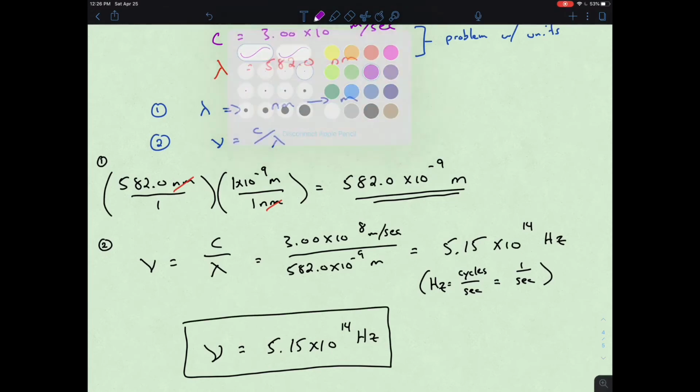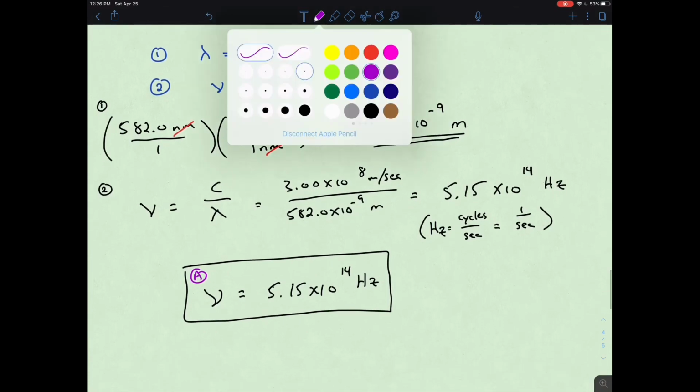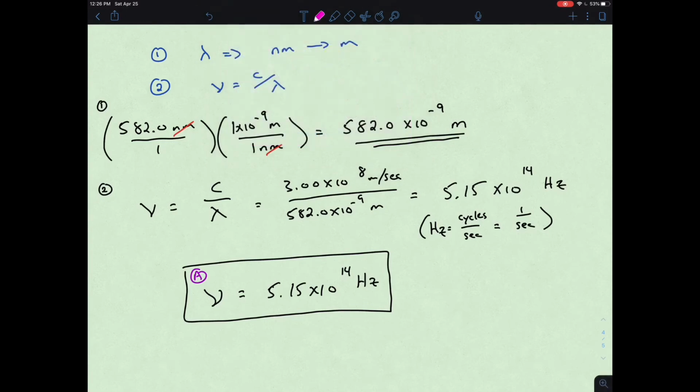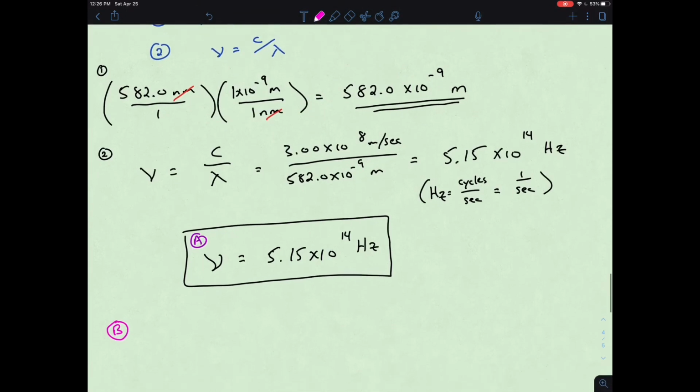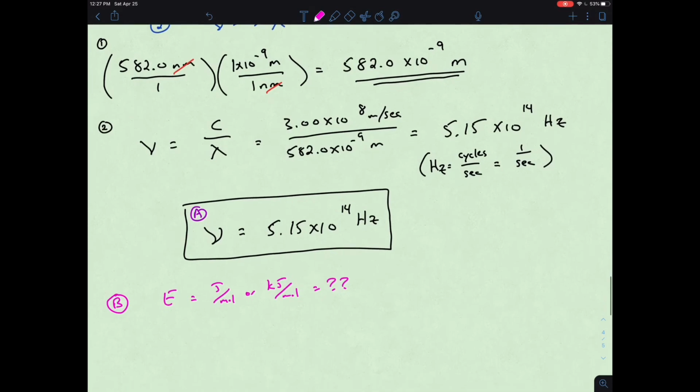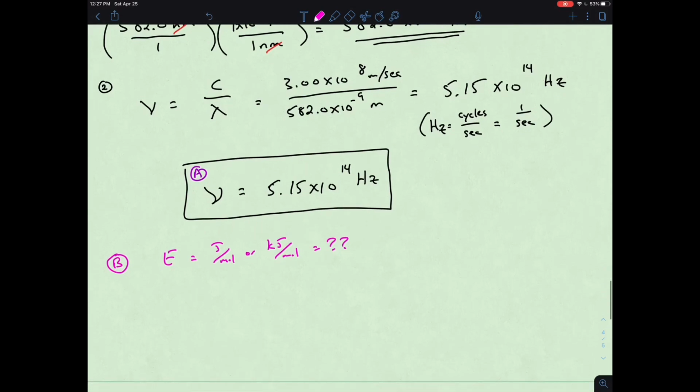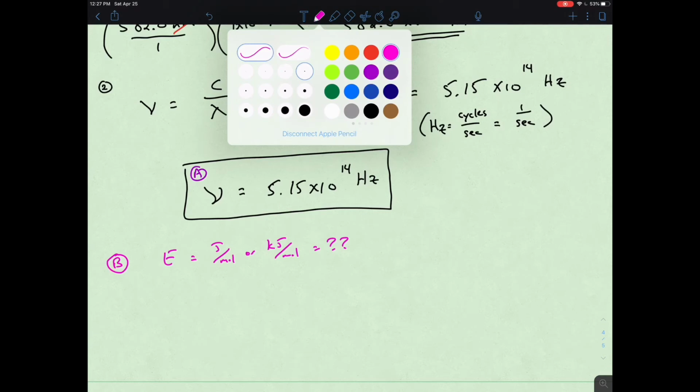And so there's part A. Part B right now was asking that question of energy. And we were looking at energy in terms of maybe 2 different units. And so we really have 2 choices here. We could start with our